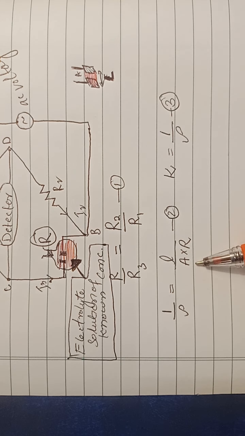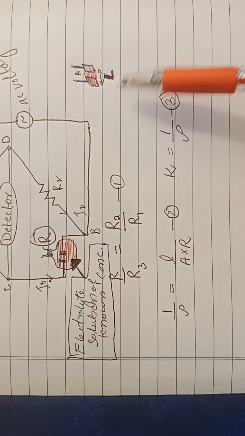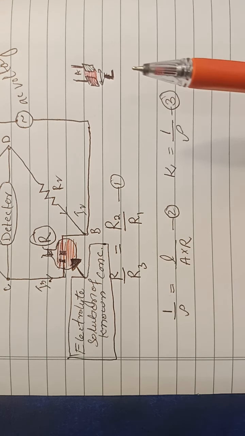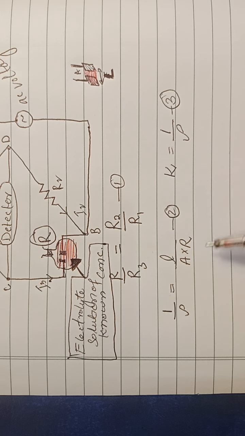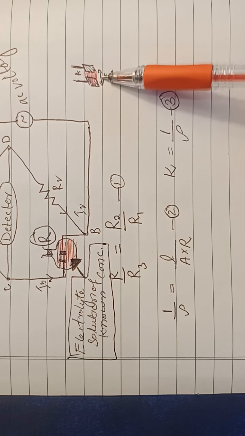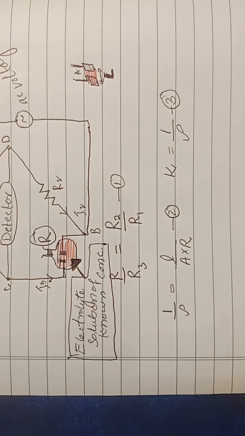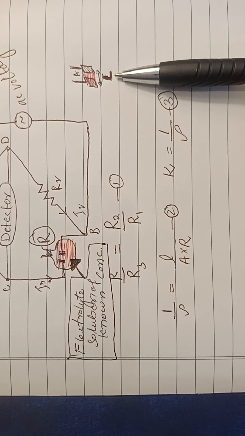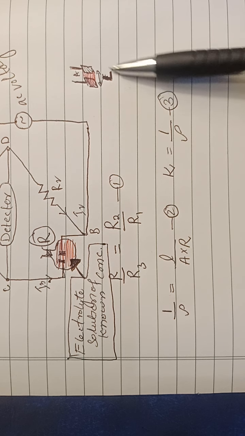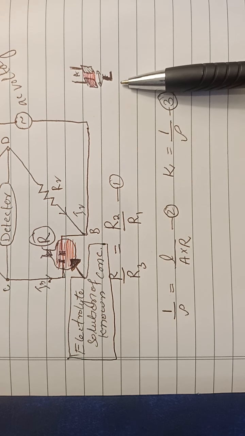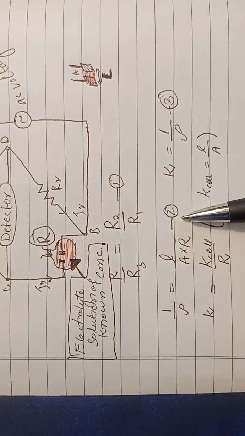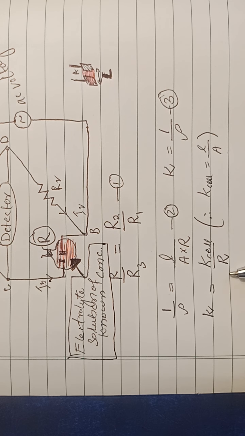where A is the area of separation between the electrodes and L is the length of the separation. Here we can fix the area and length of the cell, so we can call it the cell constant, which is written as length over area. So equation 3, combining the two, will be modified as equation 4.